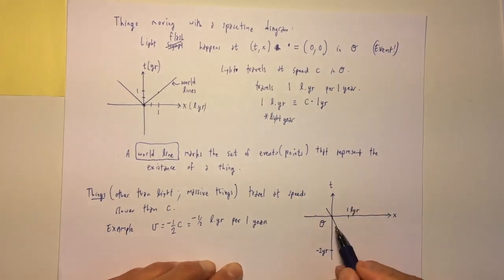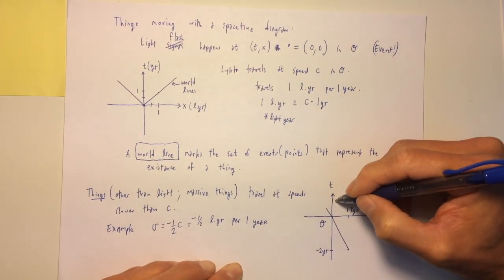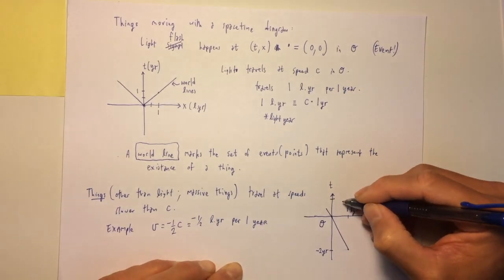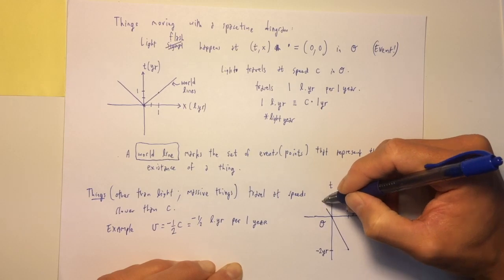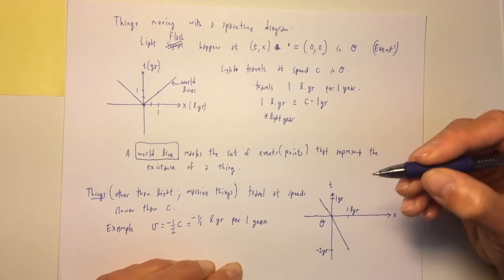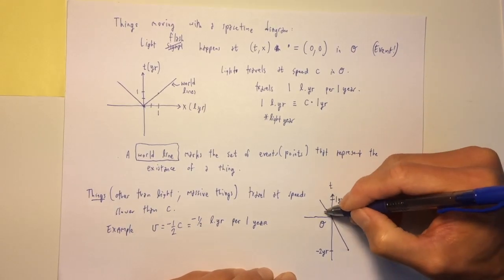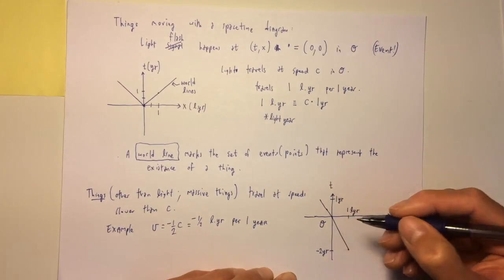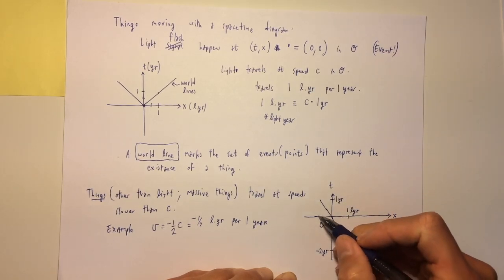So let me extend the space axis back. And let's say that at the 1 year time, the object is, for some physical reason, made to stop. So if it stops, so let's see, 1 year later, it would only travel to